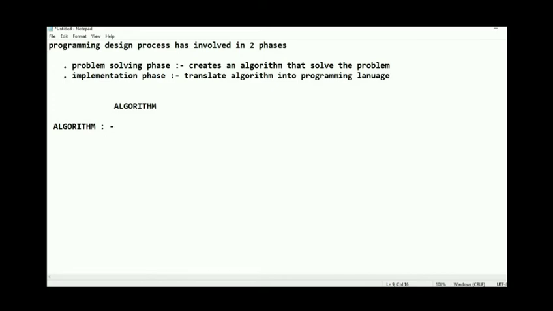We can easily understand and easily remember the definition. Simply, it is a step-by-step procedure for solving a problem. So the main use of an algorithm is a step-by-step procedure for solving a problem. If you want to solve a problem, you have to solve it in a step-by-step manner. We can easily remember the definition, and we can easily solve a problem by using a step-by-step procedure.